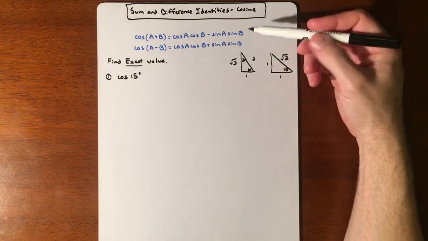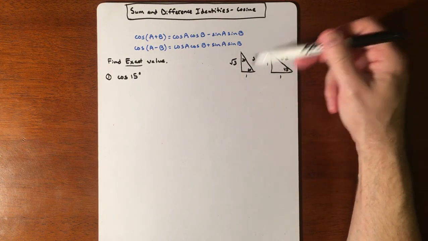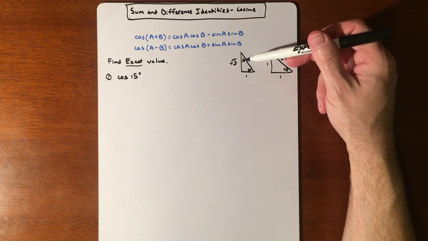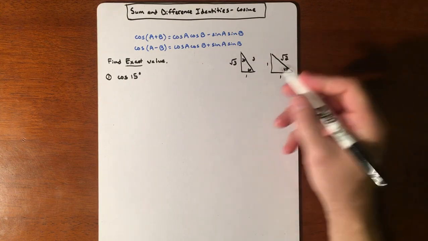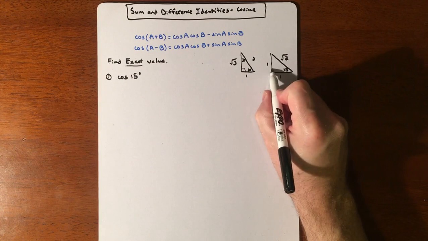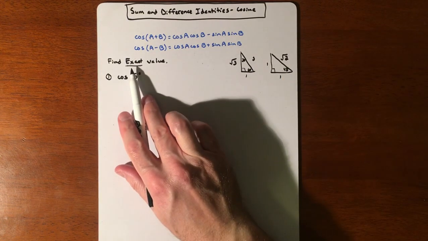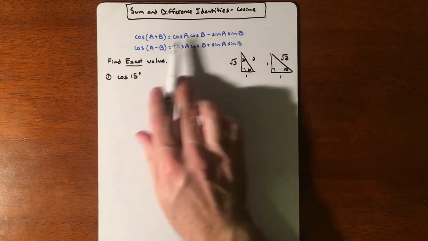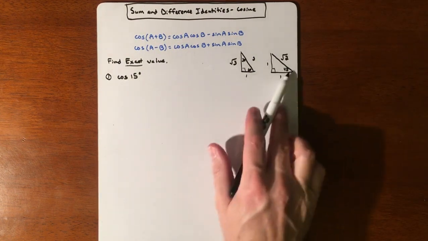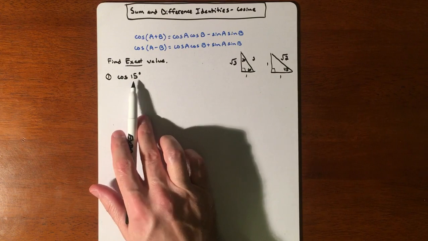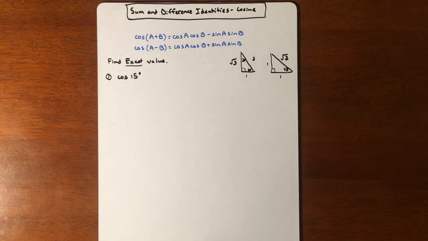don't have. So the angles that we're familiar with are from our special two triangles of our 30, 60, 90 triangle and our 45, 45, 90 triangle. But if we have angles other than that, doesn't mean you can't figure out exact values. So with these two formulas and combining combinations of these angles to make 15 degrees, we're going to be able to figure out the exact value. So